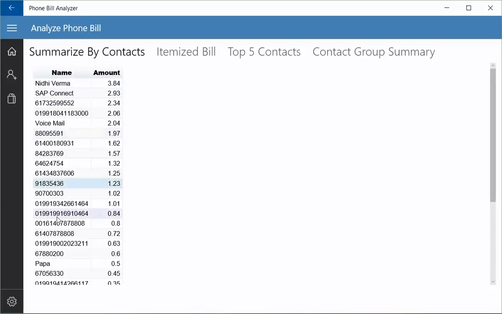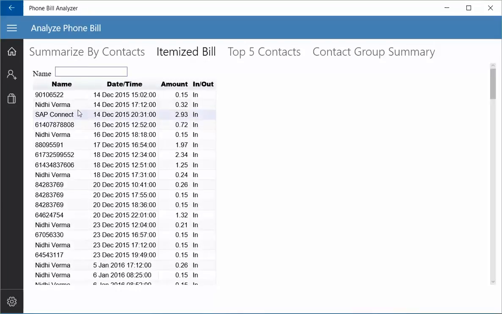So this is just a summary by contacts. Okay, you can come here and look at the itemized bill. So here you have your itemized bill statement. So the name, the date and the time when you made the call, the amount, and whether it was an incoming call or an outgoing call.